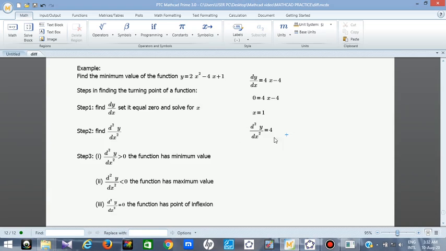For it to be greater than 0, that means we have a minimum value. So we use this second derivative to check our differentiation. That is all we do. So now that I've differentiated it, you can see that the value I got is greater than 0, which is 4. That means this function has a minimum value. All I just need to do now is conclude. So therefore